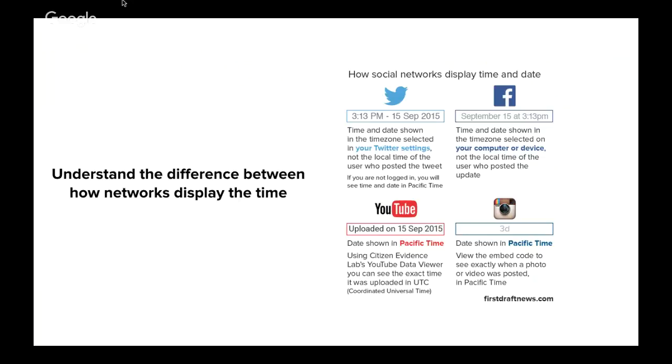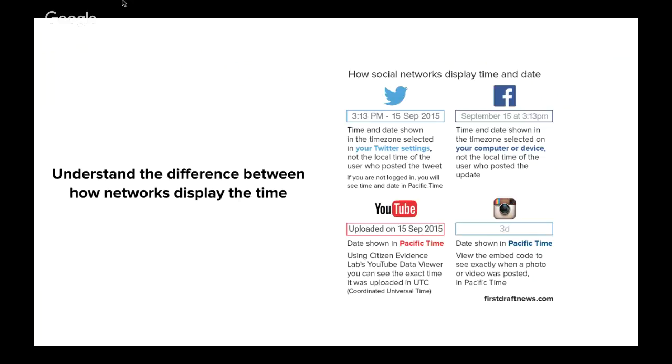For me, it will say maybe 5 hours ahead at the moment? It will say 11 a.m. If you are somewhere further to the east, it will say slightly later. It is the time zone selected in your Twitter settings. For Facebook, however, it's the time zone on your device, on your phone, on your computer, and there is a